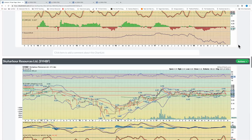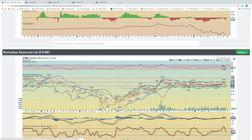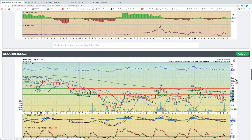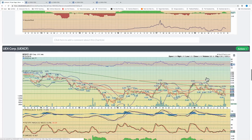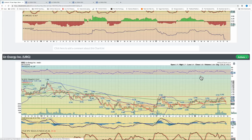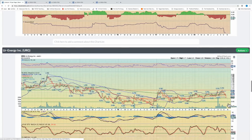Sky Harbor had a nasty pullback since its inability to break above that 70 zone the last time we broke down over here. If it can hold this 30 cent level, very positive, but you want to see it break above the 50 RSI and soon. UEX Corp, it's not showing any real signs of strength right now, so there's not really anything to see here. Your Energy really breaking down. It's finding support at that 40 RSI level here, so it might find a tradable balance here,